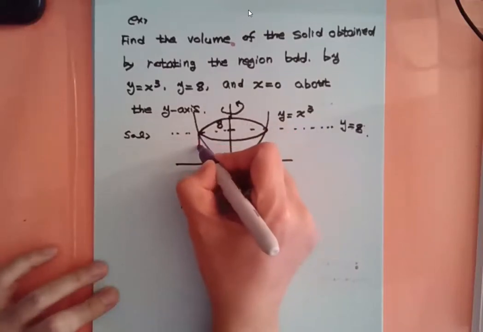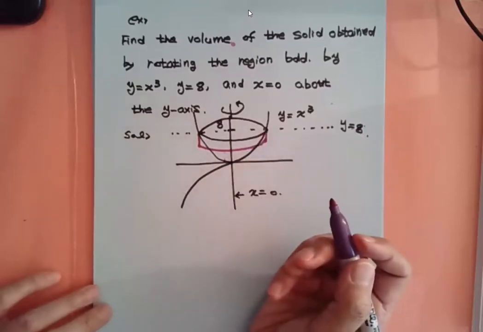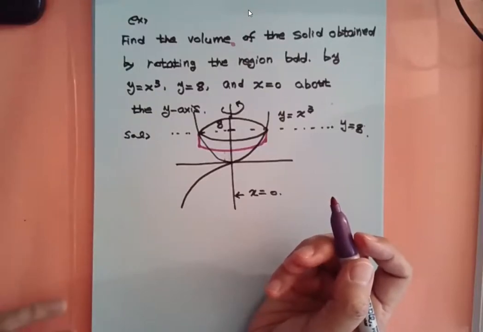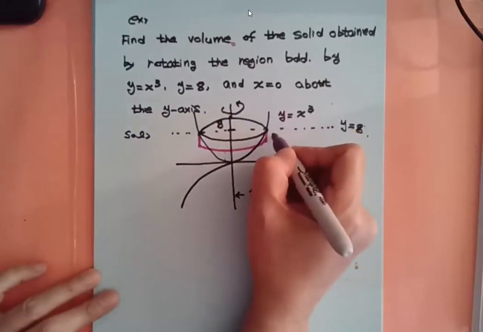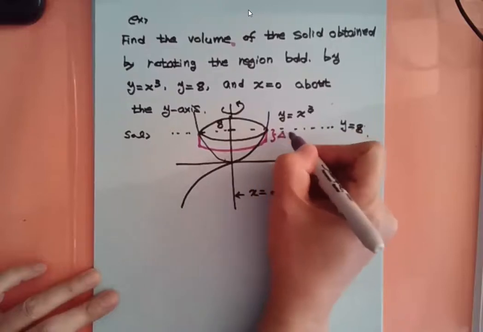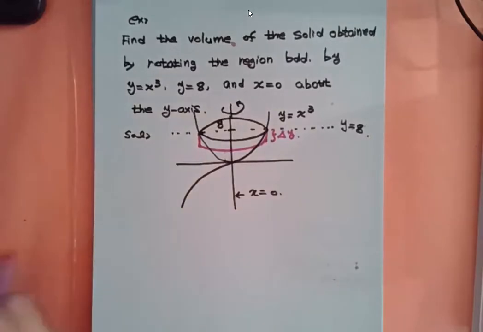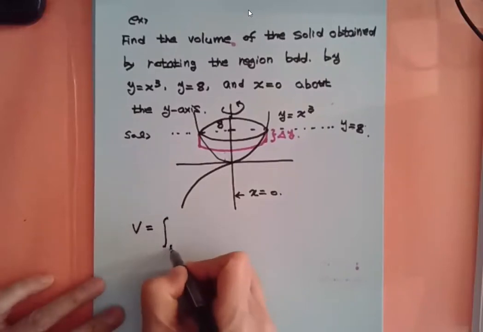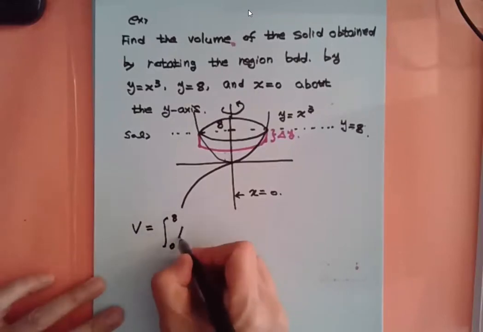So we will draw the cylinder like this. The difference between the previous one and this one is that the thickness of the cylinder becomes delta y instead of delta x. So you can imagine that the volume is from 0 to 8 in the y range, and something goes on. So we have to figure out